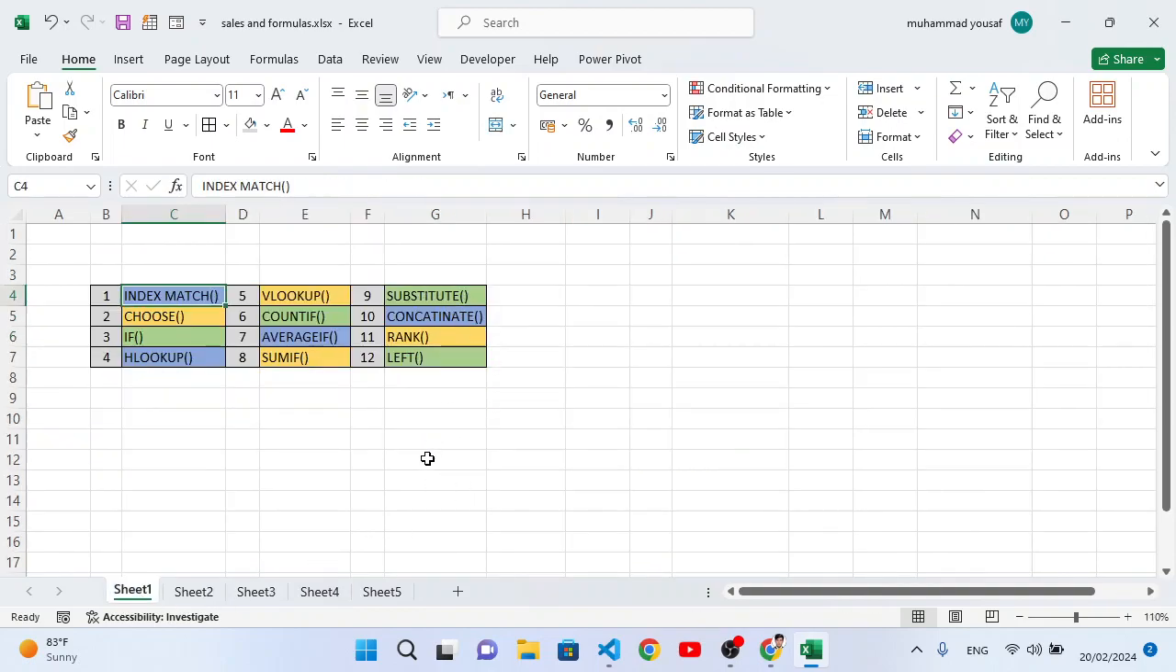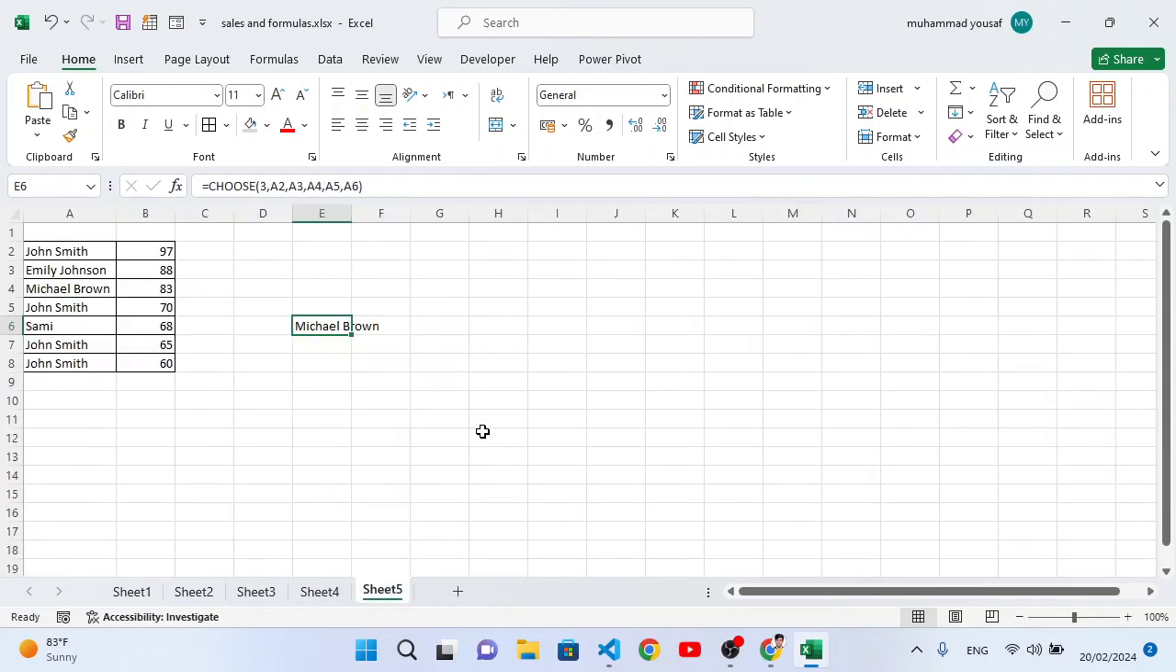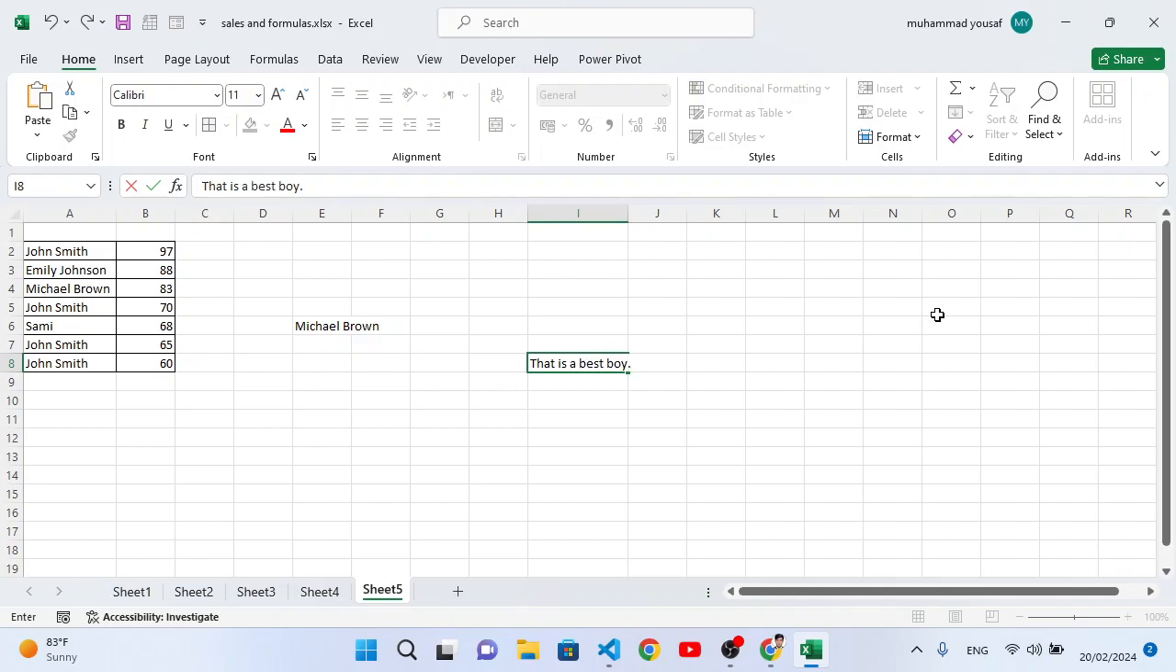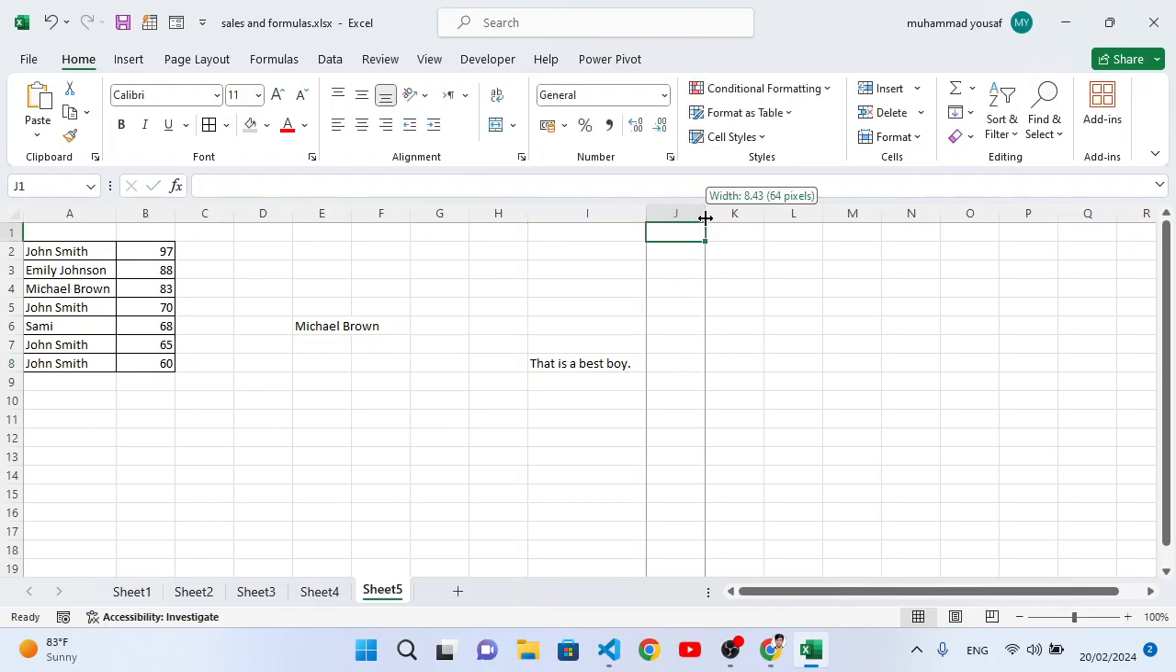Now let's use SUBSTITUTE. SUBSTITUTE is used to change the text. For example, sometimes you want to send a bulk of messages at the same time, or there is a large number of texts you want to send to multiple people, so we will use SUBSTITUTE at that time. For example, here we have a text that is a best boy. I will show you an example, and we want to substitute it. Instead of this, we would like to write, let's use it, equal to